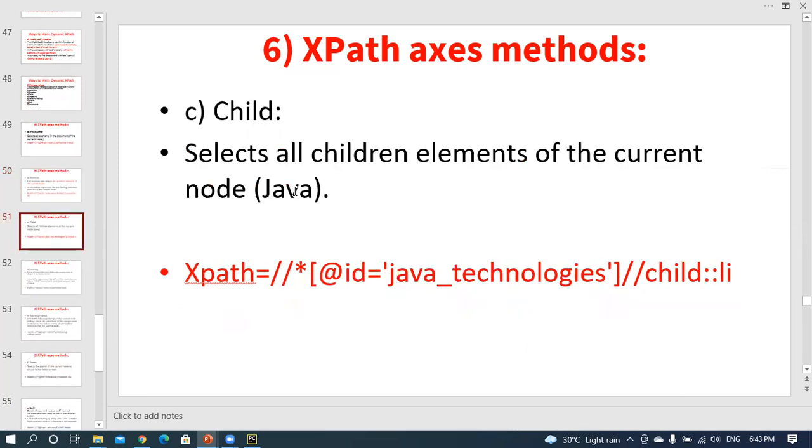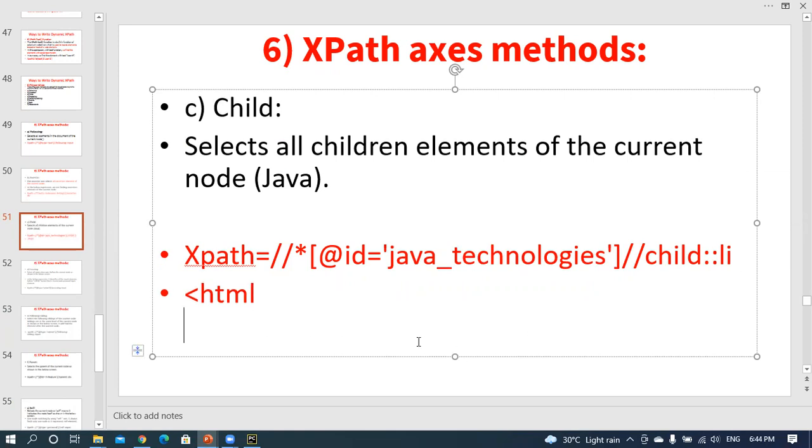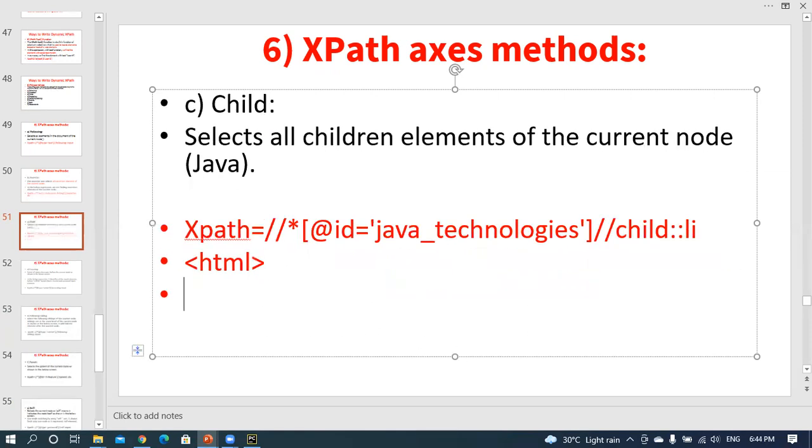And then child: what about the child? The child axis selects all child elements of the current node. For example, Java technology having some child elements, you write child li. li is a tag, the list tag. So this particular Java technology has some child nodes. How can you represent child nodes? For example, there is HTML, and under the HTML you have a body tag.